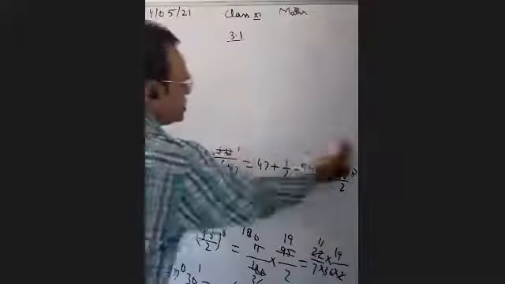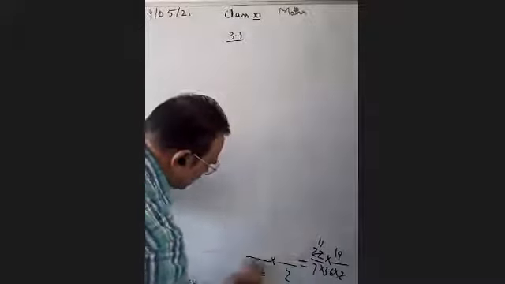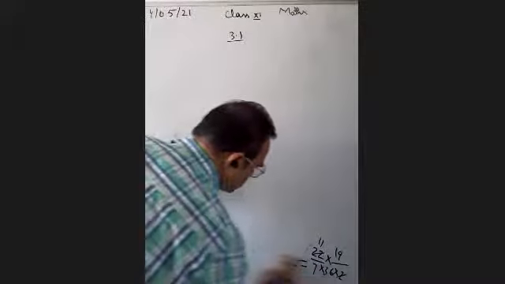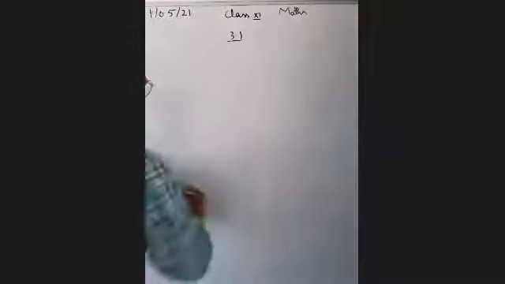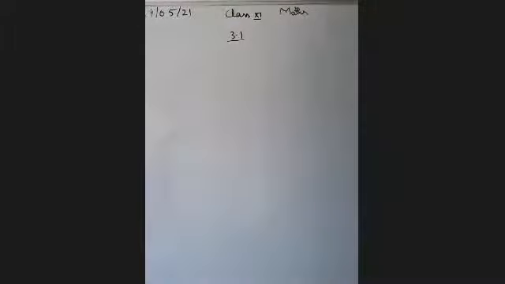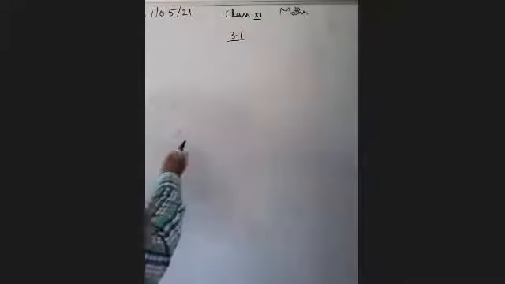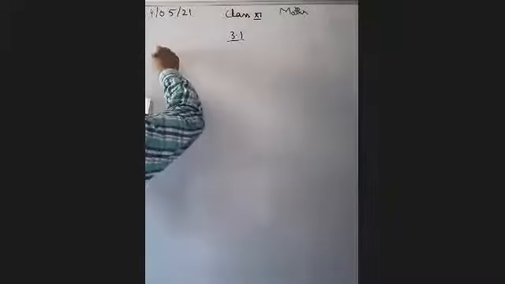Now we see the next question, that is the second one. In this question we have to do the reverse process. They will give you in radian, so you have to convert it into degree. What question have they given you? Find the degree measure corresponding to the following radian measure. Pi equal to 22 upon 7, to be used as in the first question.